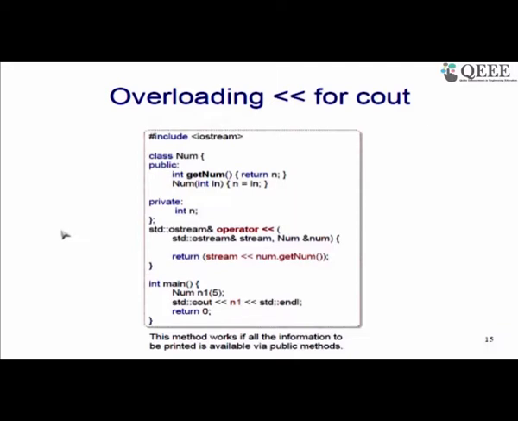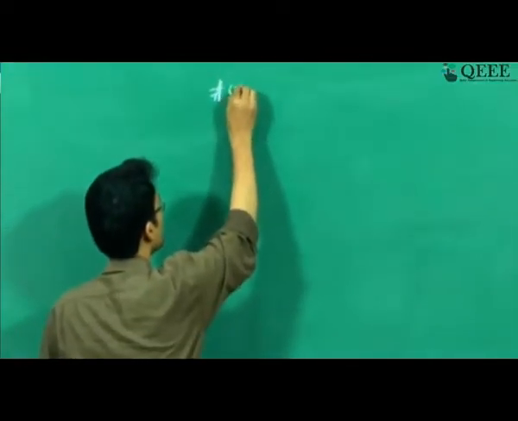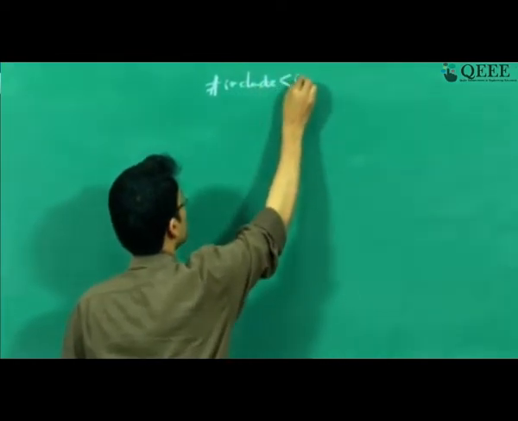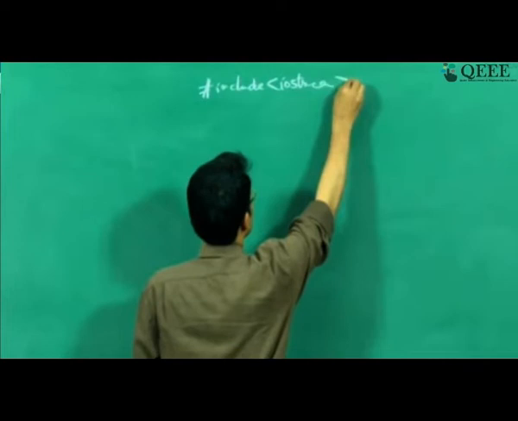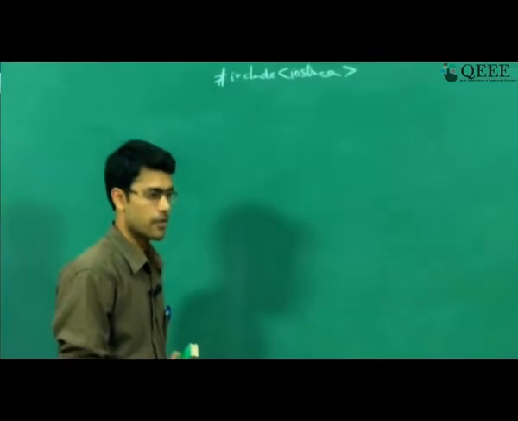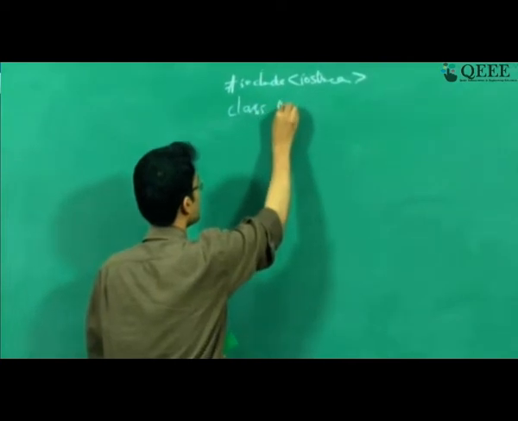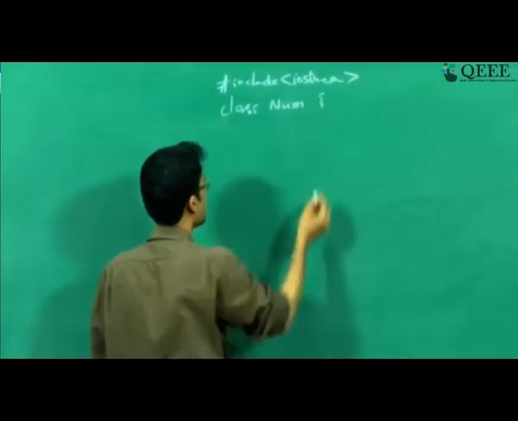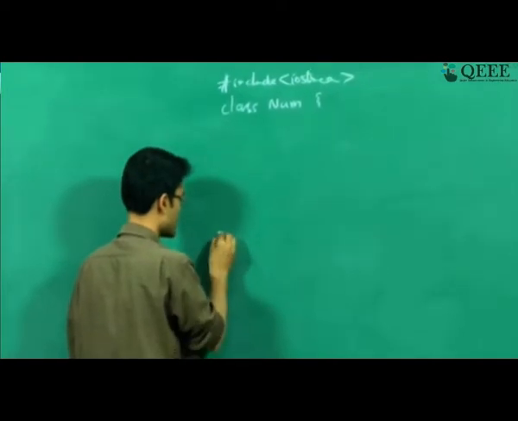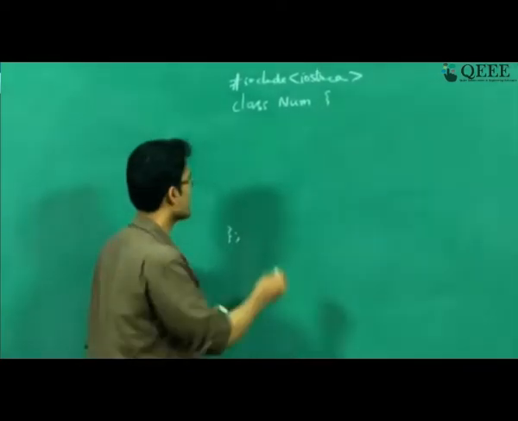So this example is essentially talking about how do we overload left shift operator for a particular class. So we had #include <iostream>, which is the header for input output stream operators and functions, for example, cin and cout. And then I have a class which is a user defined class. In this case, I'm calling it Num because it is representing something related to numbers, right? So we'll fill that up a little later, but let's assume that there is some